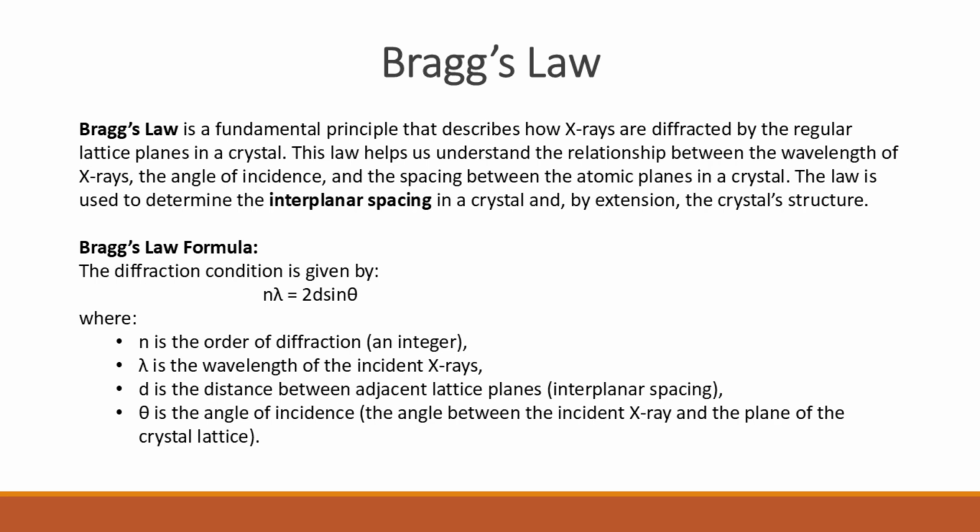Bragg's law explains how X-rays are diffracted by the layers of atoms in a crystal. The diffraction occurs when the path difference between rays scattered from consecutive lattice planes causes constructive interference. This happens at specific angles, known as theta, which are related to the wavelength of the X-rays and the spacing